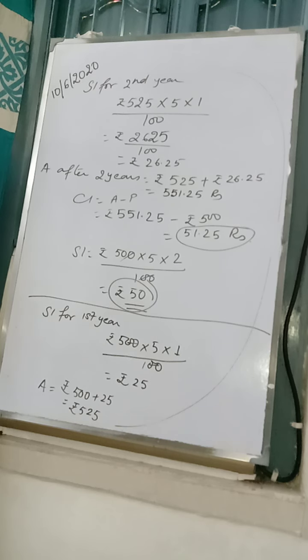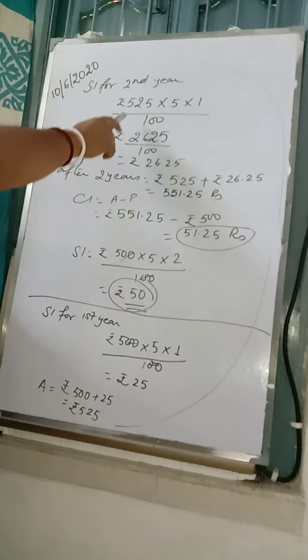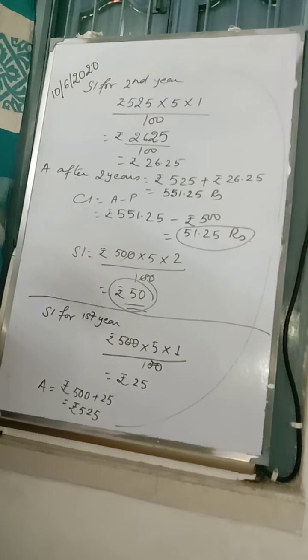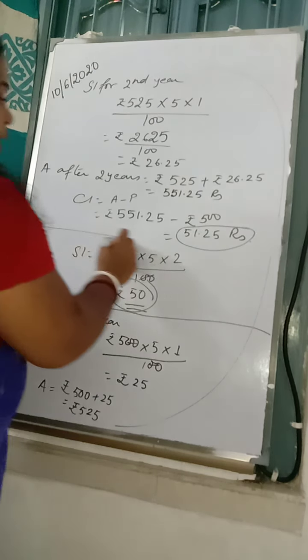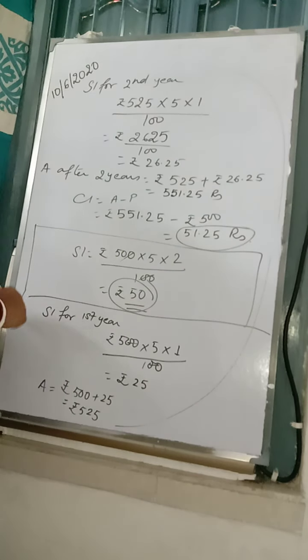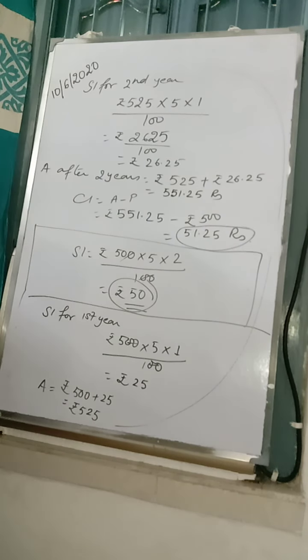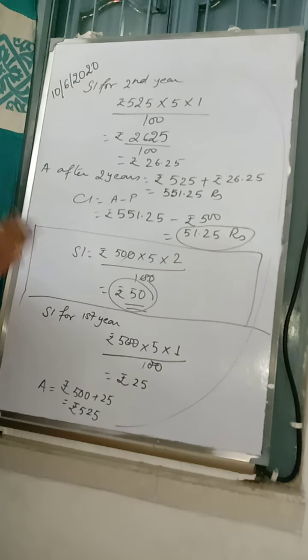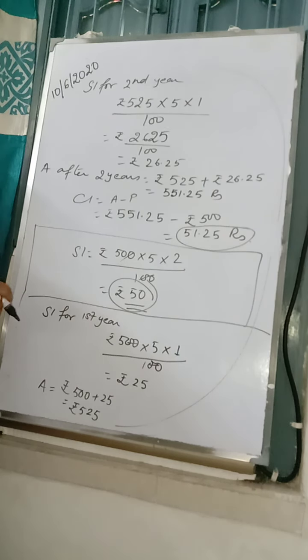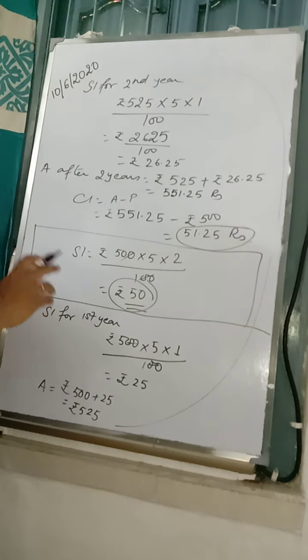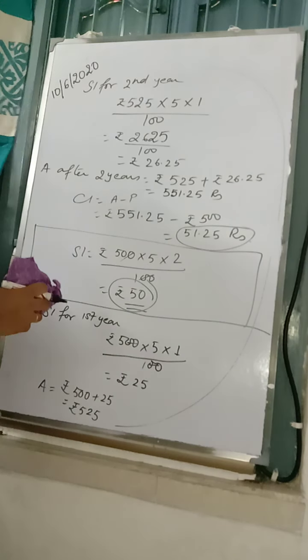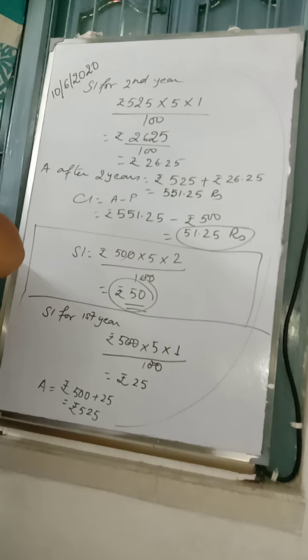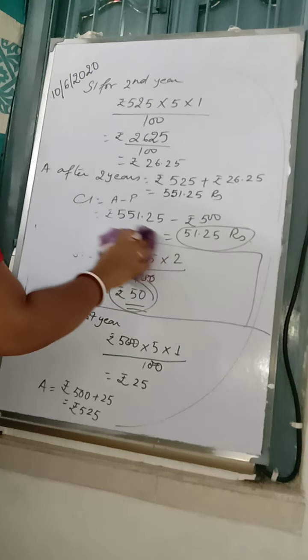So what you can see, that amount after 1 year stands as the principal for the second year. But in simple interest it was the same, rupees 500. If it is invested for 10 years, it remains 500. That interest is not added. But in compound interest, every year the interest is added with the principal to get the principal for the next year. Is it clear?